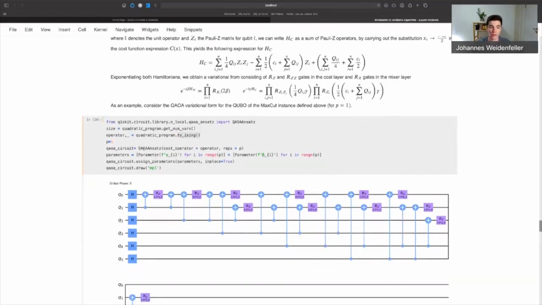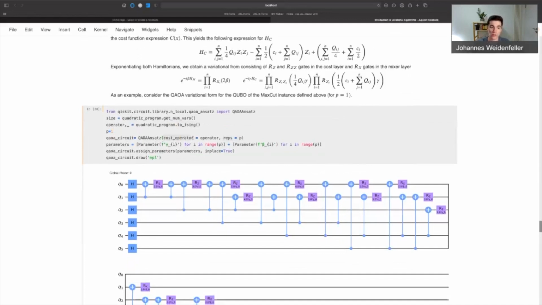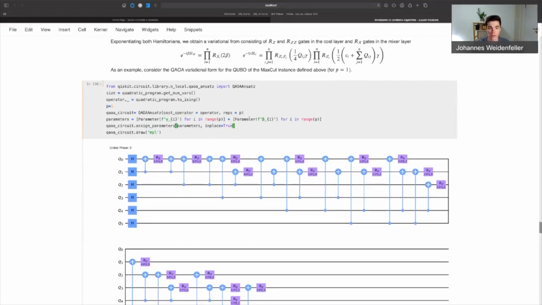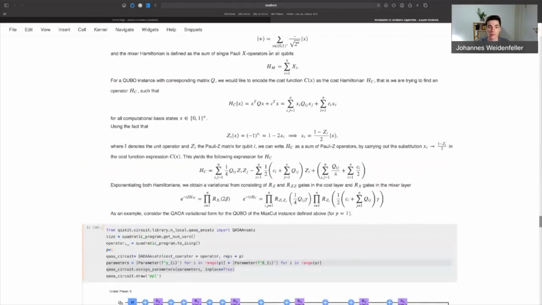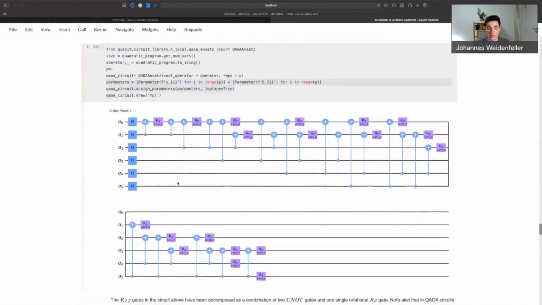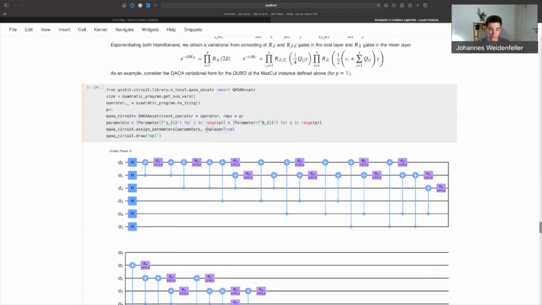We can then use the initializer of the QAOA ansatz with a depth of p equal to 1 and a cost operator that corresponds to our Hamiltonian operator. And this already gives us our QAOA circuit. The only thing I've also done here is to replace the parameters in the circuit, so they are named as the parameters up here are as well. So I've just changed the names to gamma and beta in this circuit.